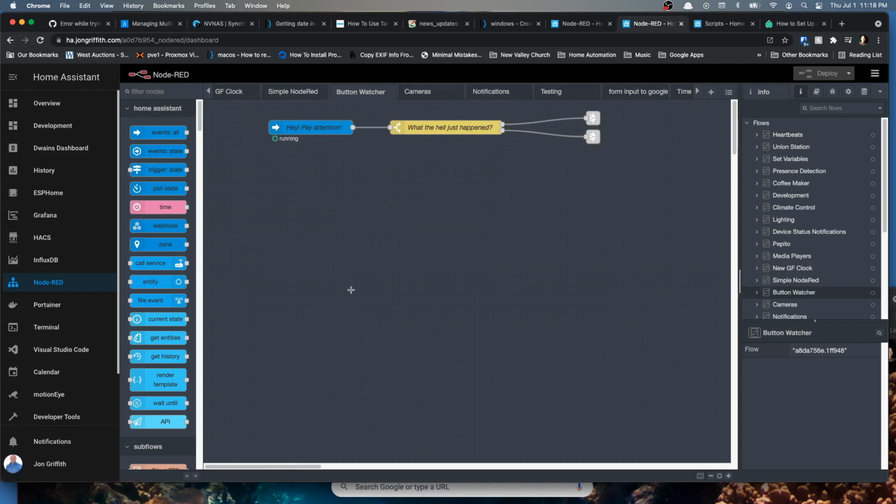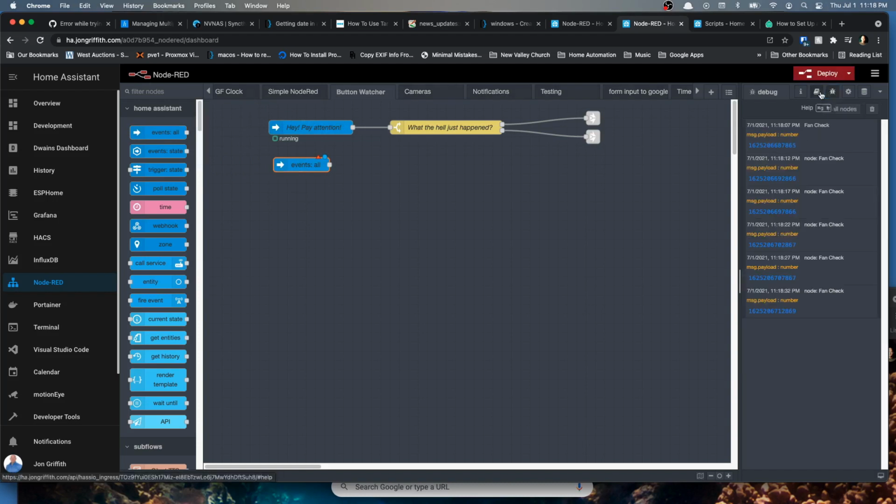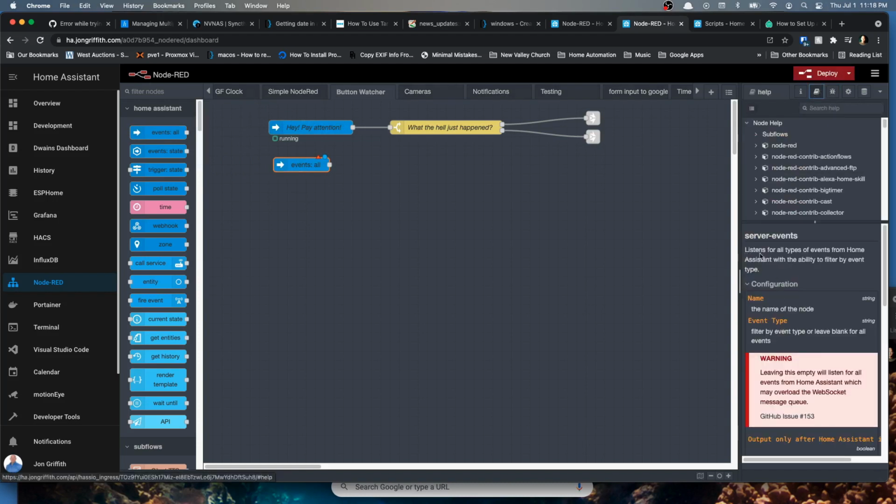Now, all I've got here to start the process is an events all node. So you drop an events all node, and you can see up here that in the description, it listens for all types of events from Home Assistant with the ability to filter by event type. Great. Now, if I were to attach this to something in NodeRED and I were to deploy it, I would cause all kinds of problems